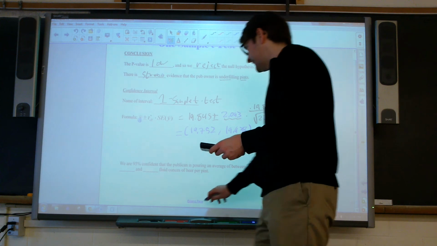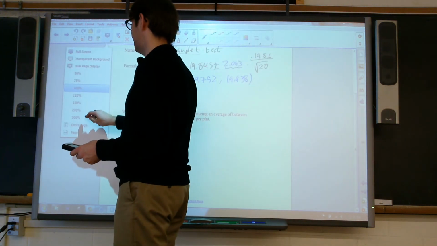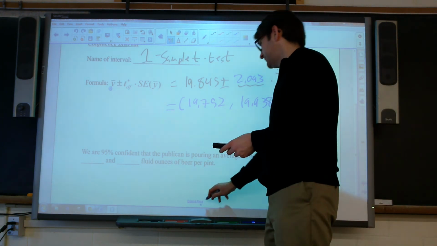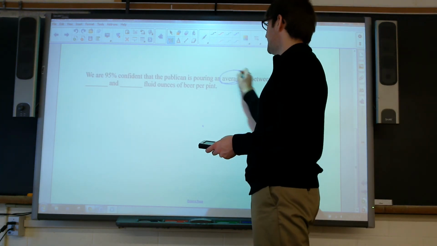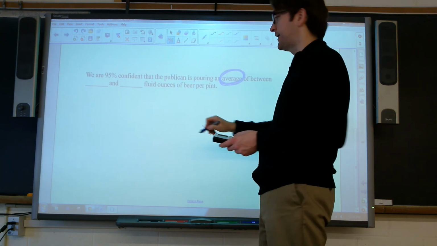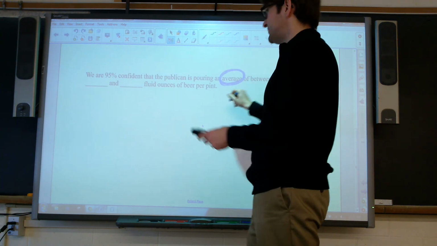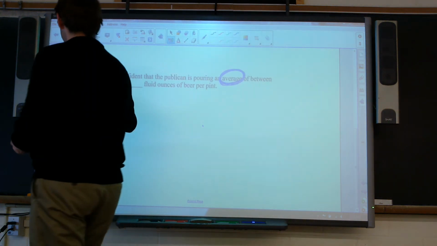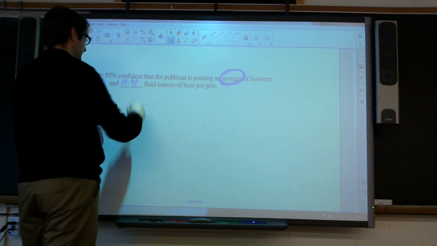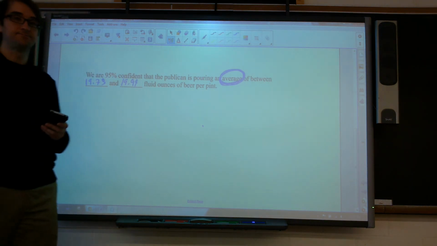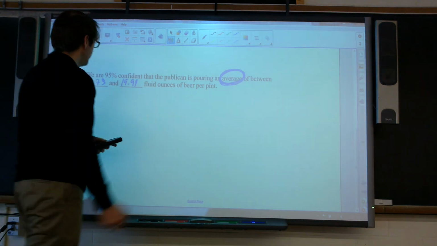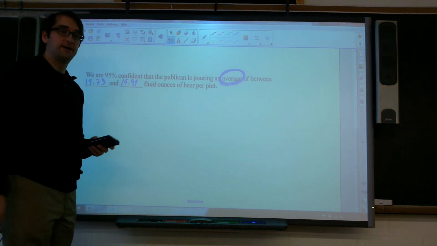So we can say now that we are 95% confident that the publican is pouring an average, a very key word right there, average, of between 19.75 and 19.94 fluid ounces of beer per pint. So that would be our final answer. Make sure that you include a confidence interval whenever you